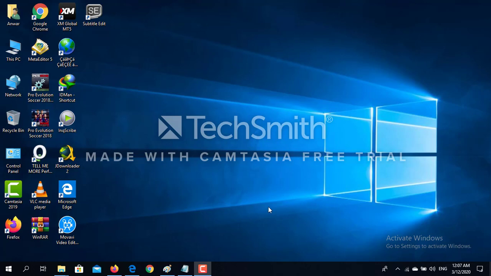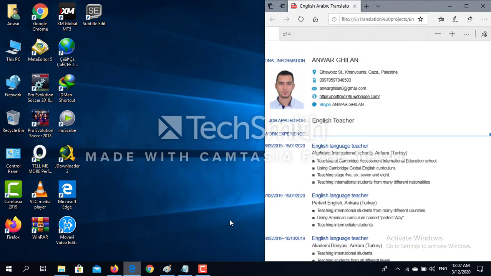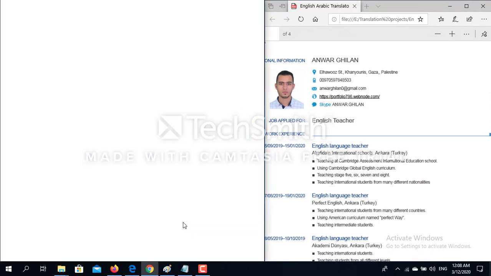We're gonna start by splitting the screen into two sides. On the right side you can see my CV. I have built up my CV. It's over here. These are my information. And on the left side I'm gonna teach you how to build up your resume based on the international templates